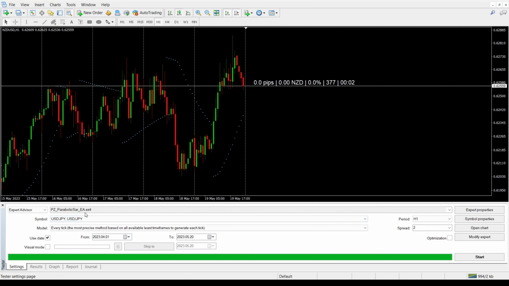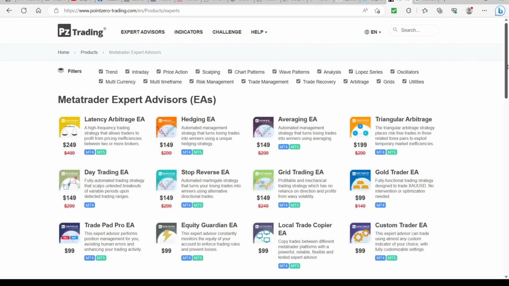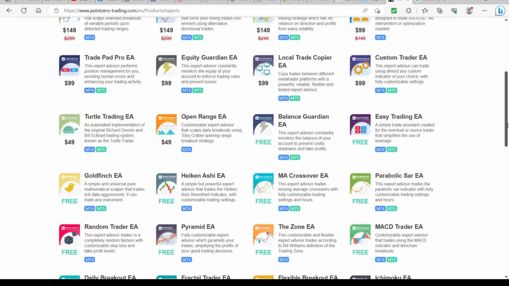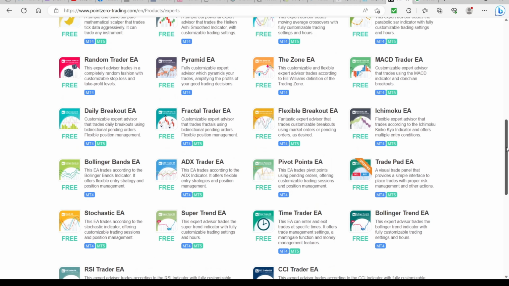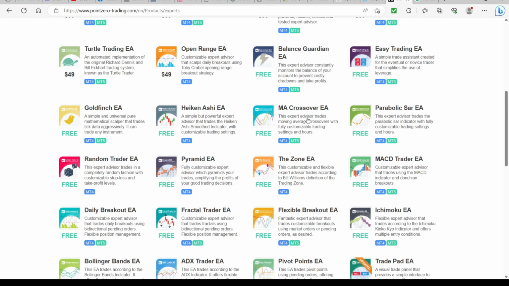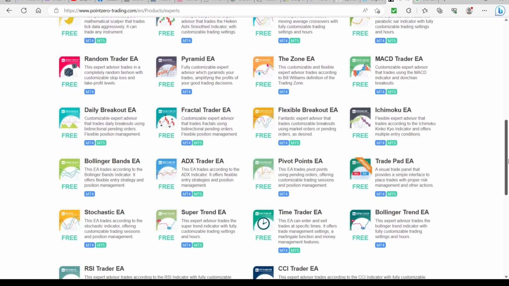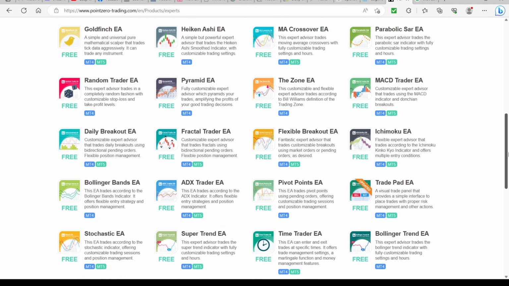You can see it's an EA here that I've mentioned that you guys can get from that free website. I'll bring it up now. So this website here, I've shown it to you guys a few videos back, where you can get all these free EAs, which are typically retail trading strategies. As you can see here, moving average crossover, parabolic SAR, daily breakouts, Bollinger Bands, stochastic RSI, all these retail trading